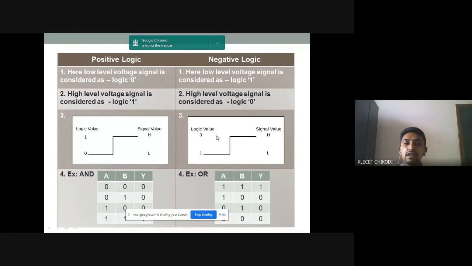You can design any digital circuit by considering either positive logic or negative logic. Before designing any circuit, you should ask whether we are designing for positive logic or negative logic. For the particular positive or negative logic, we are going to design the logic circuit. If you see here the AND gate truth table,